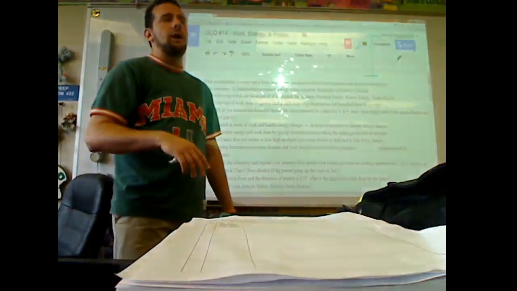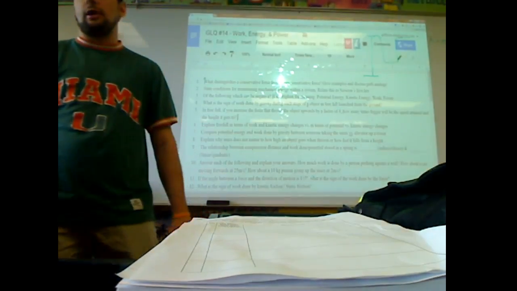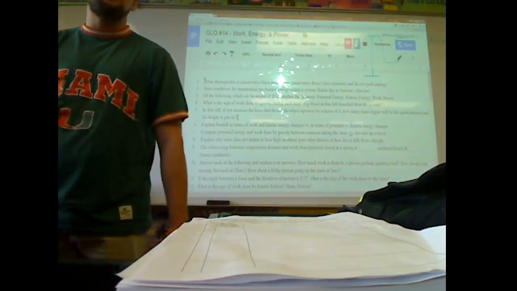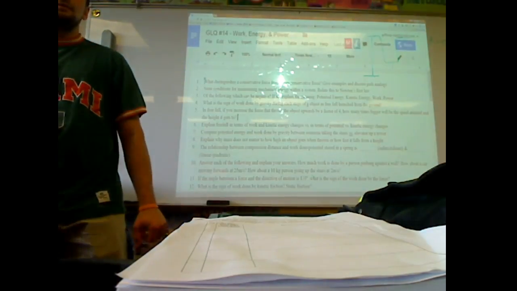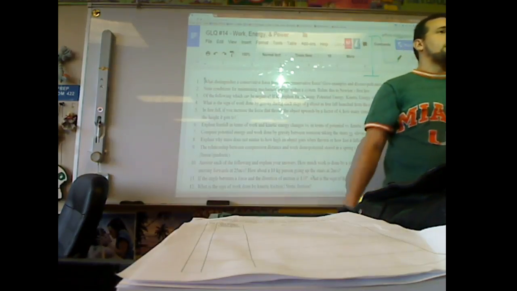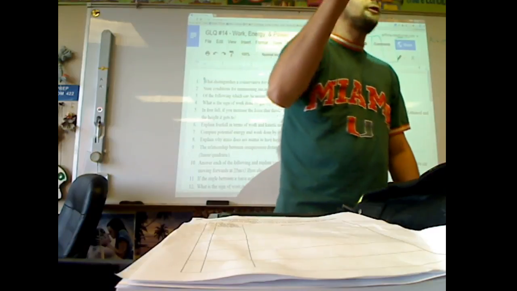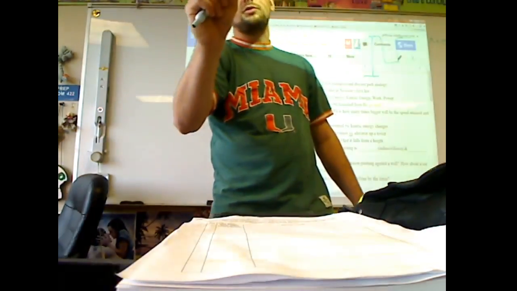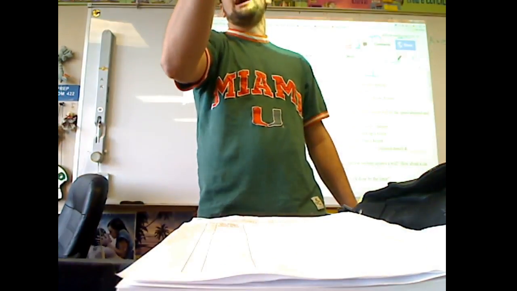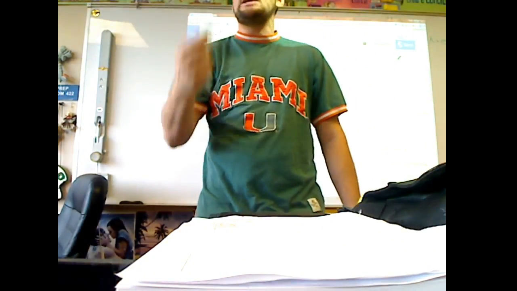So let's think about it this way. There's a mosquito going at 300 miles an hour and a car going at 300 miles an hour. Now it's the same velocity. What matters is the mass. That's why it doesn't matter if you get hit by a really fast-moving mosquito. It's not going to hurt you. A really fast-moving penny falling from the Empire State Building is not going to hurt you because it doesn't have enough kinetic energy, even at that velocity.